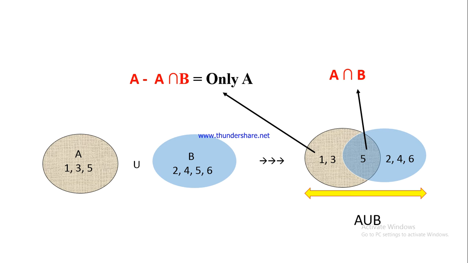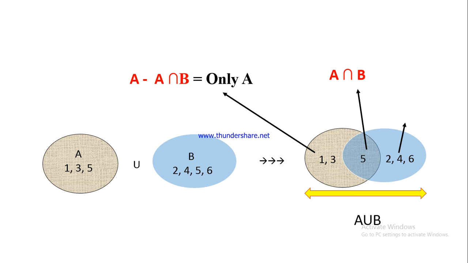This gives me only A, or A minus A intersection B. Likewise, this portion is B. B had 2, 4, 6 and 5, but out of that I am only taking into account 2, 4, 6 and I am eliminating 5. So basically this is nothing but B